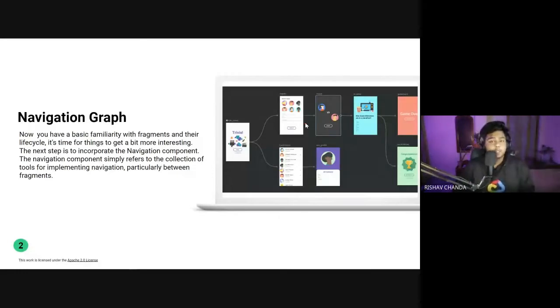So to do that, what we have is the nav host from this navigational component. A nav host is like a container, you can say. In that container we can simply swap the fragments using this navigation graph. If you take an example of WhatsApp, the top part where the WhatsApp logo is, then the search button, and after that the tab bar, and after that comes your chat list, that is our home, right?